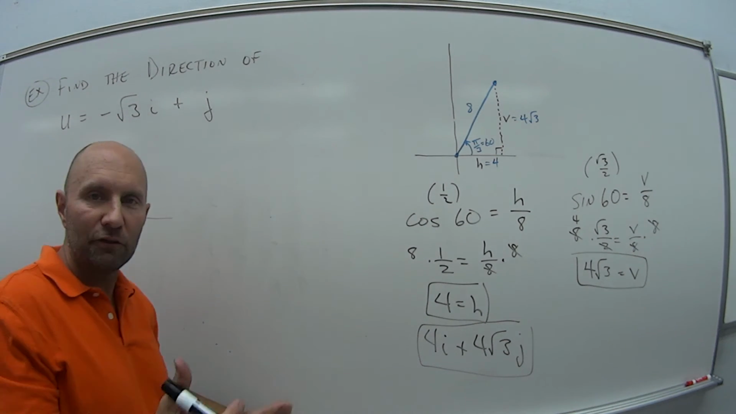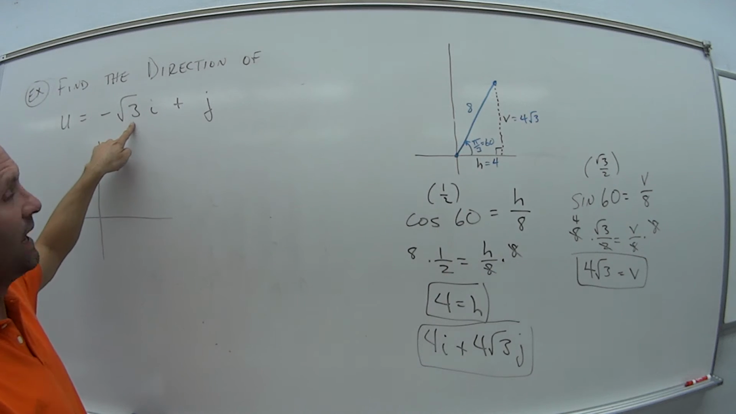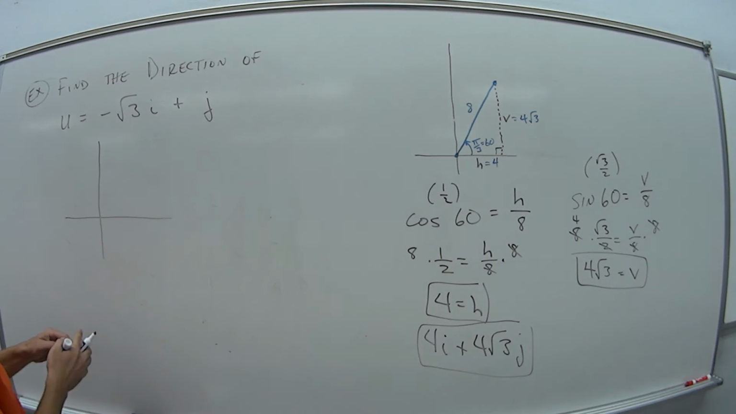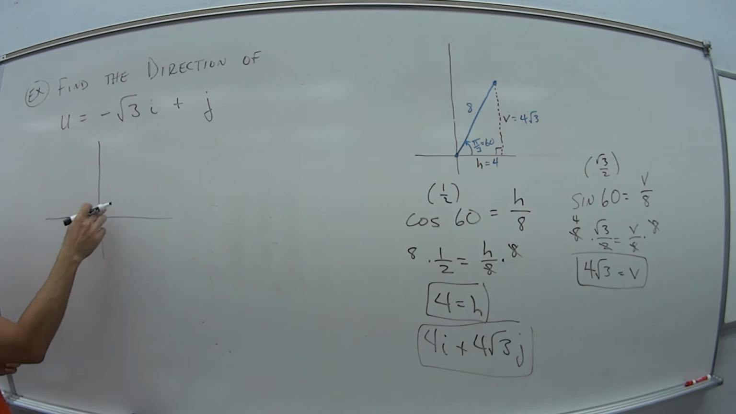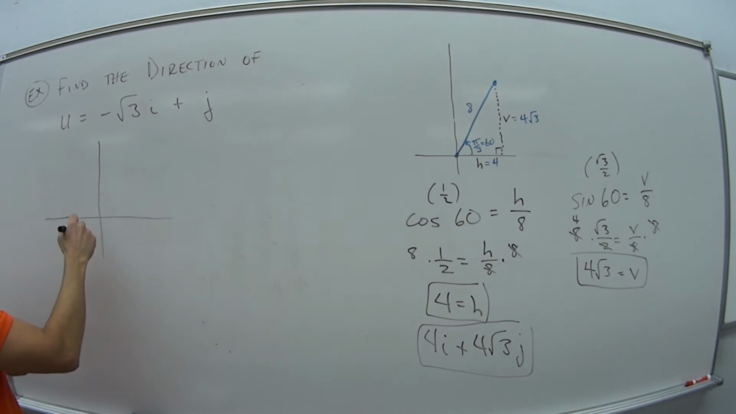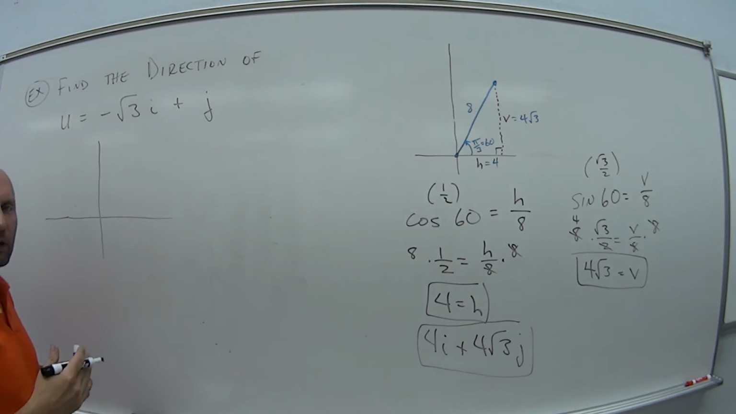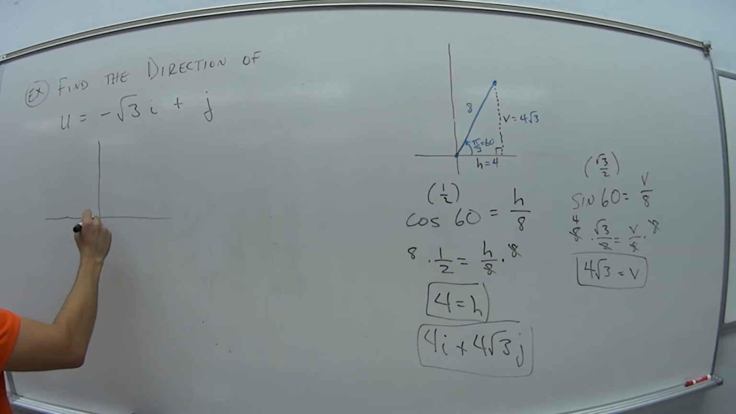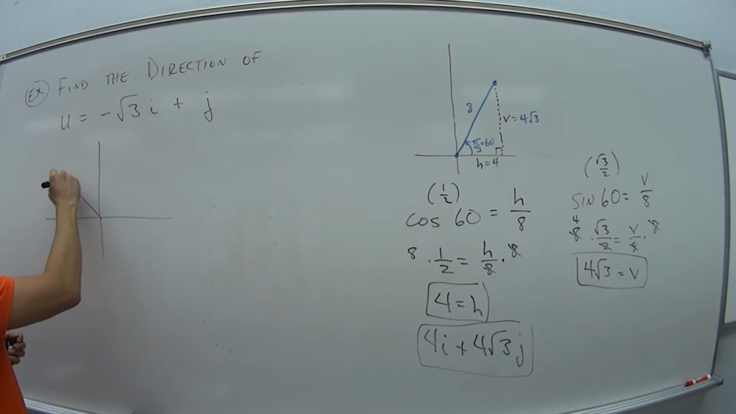So our i is our horizontal piece, and it's negative square root of 3. So that means we move which way? It means we move over to the left, and then j is positive, so we're moving up. So we have some point here in quadrant 2. So if we draw that triangle,